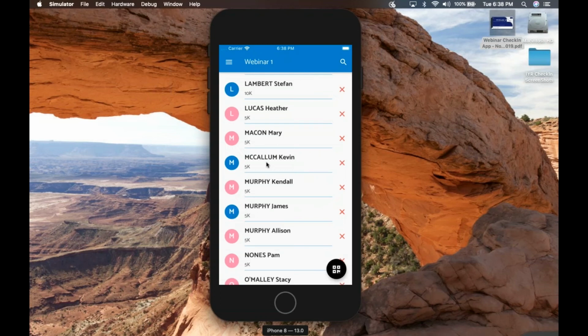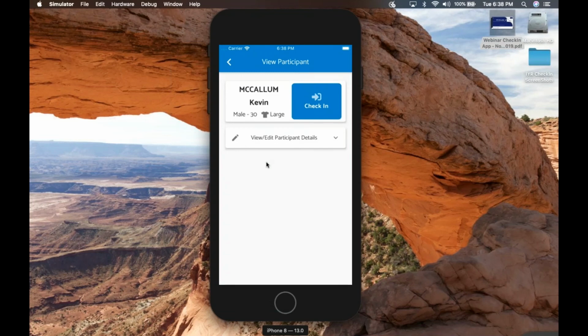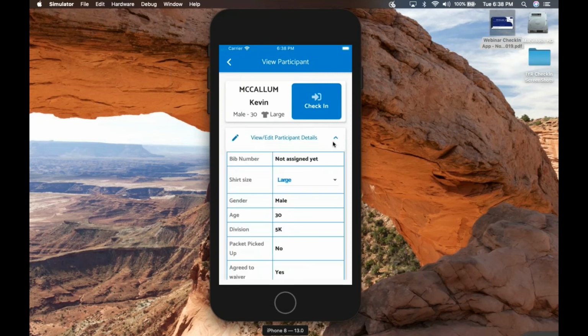But let's go to Kevin. So we click on Kevin McCallum, and this is what we call the participant detail view. The participant detail view shows you some information right off the bat: the last name, first name, the gender, the age, and the size of the t-shirt. If you want to have more information about Kevin, you can click on this arrow,